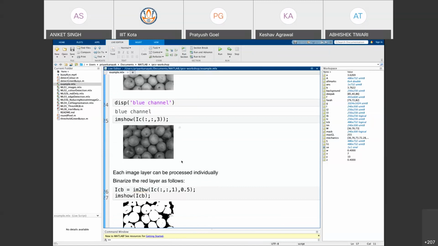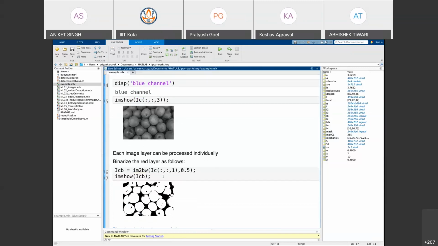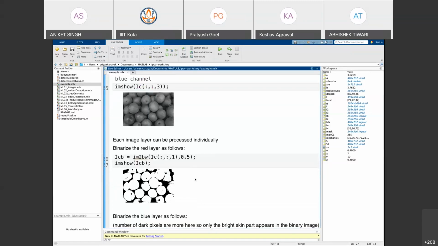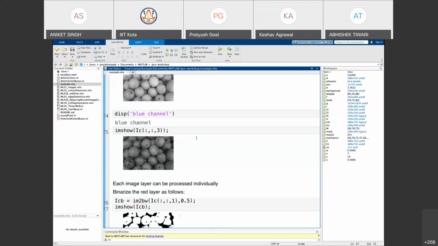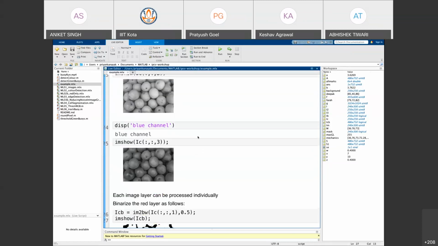And then we can binarize each layer separately, or you can binarize the original image also by again giving the threshold. So here the red layer, the first layer, has been binarized with a threshold of 0.5 level, and you can see. Where was a red channel? Here was a red channel. So now let us see what is